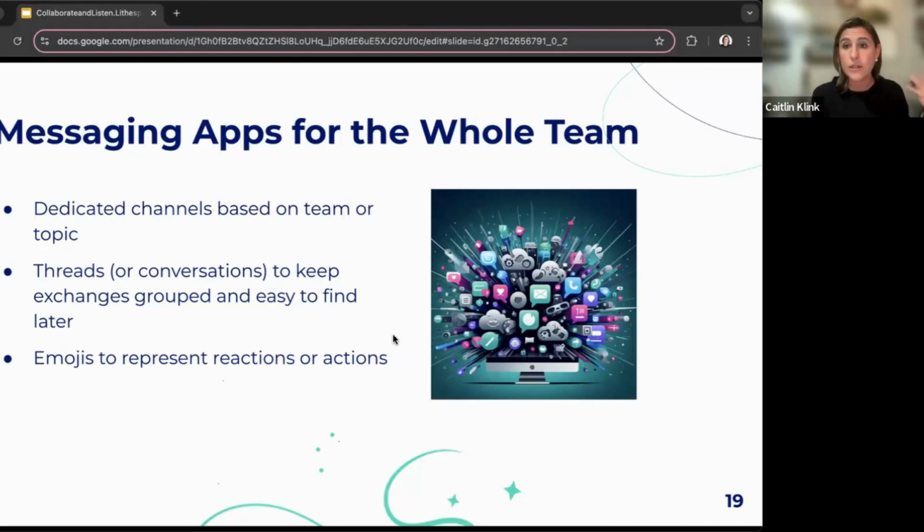You can use emojis to vote on an issue. You can use emojis to vote whether or not you need a meeting. You can use emojis for which way we're going to move forward. And maybe it's that we have a tie, so now we need to have a quick call to chat through it. Asynchronous doesn't mean that you're never talking to anybody. It just means that you're really intentional about when you pull people together.